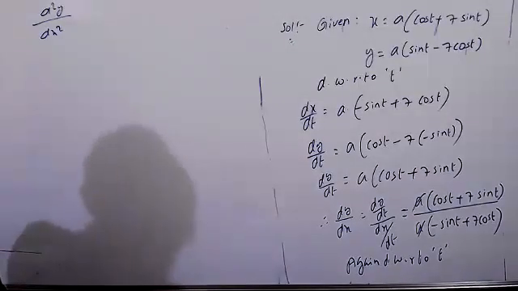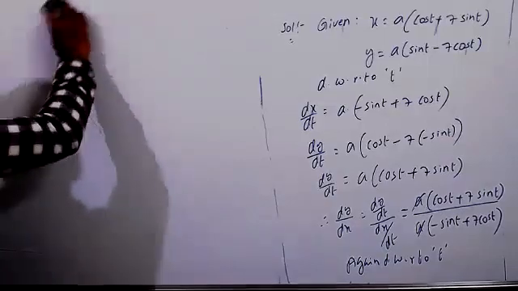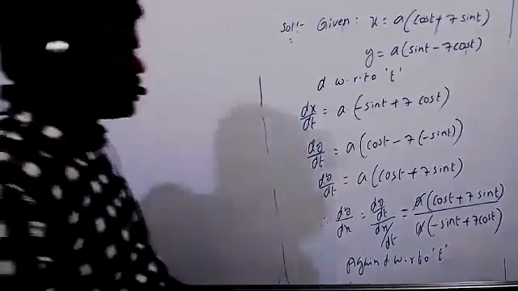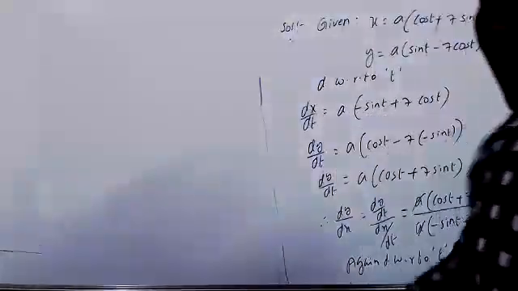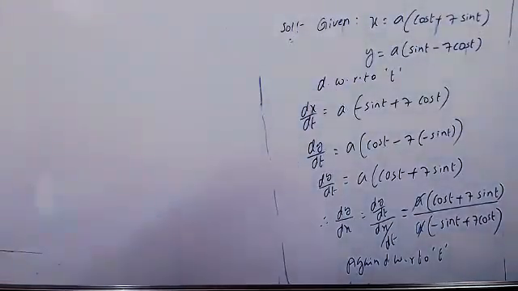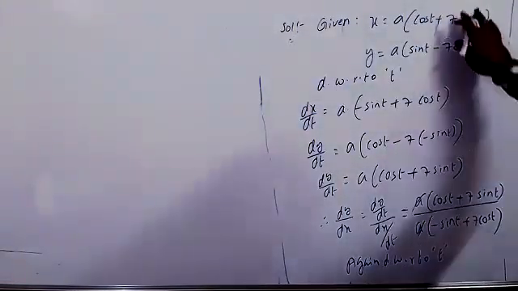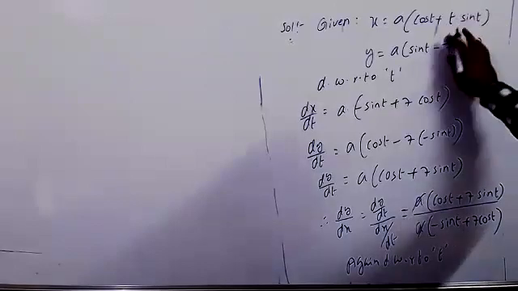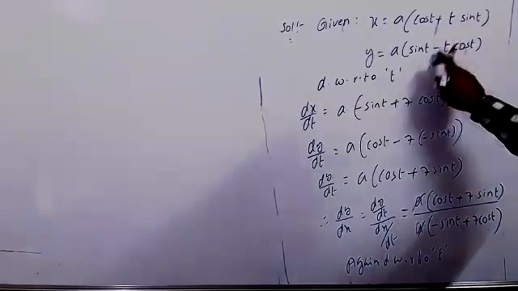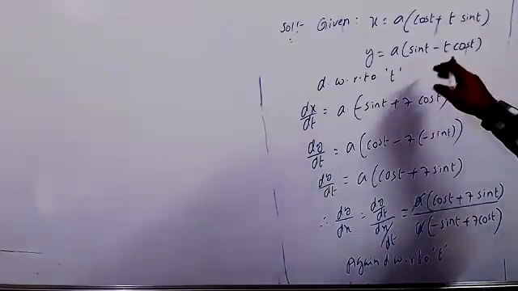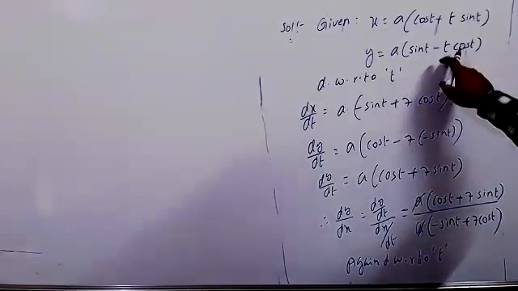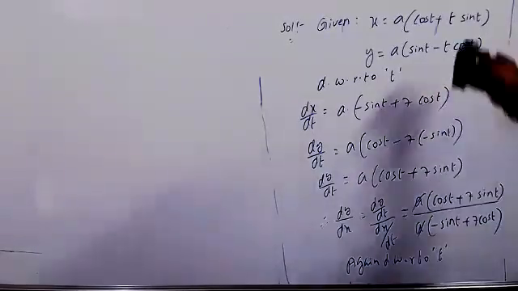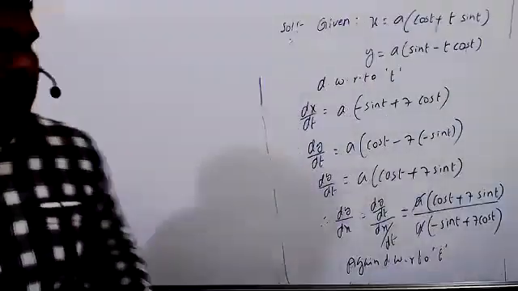Then just do one thing now: the same question, but don't copy it as it is. You can change it according to the problem, because if you take 7 we'll get something lengthy, and the answer will be different. Here instead of 7 you take t only, because the problem itself gives t, but I was not seeing properly, that's why I gave 7 here. Take t and do that.